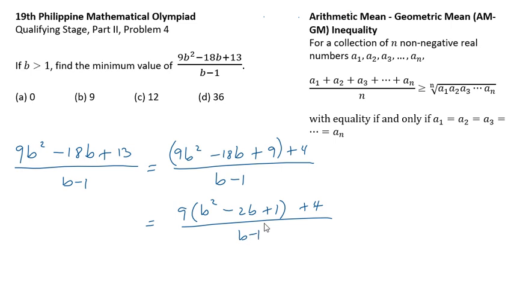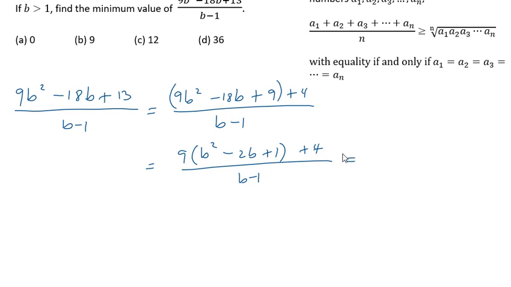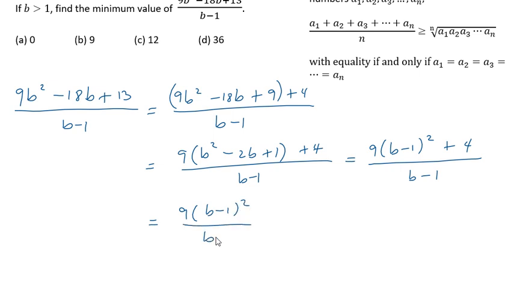Now I can write b squared minus 2b plus 1 as (b minus 1) squared. So we have 9 times (b minus 1) squared. Now if I split the expression into 9 times (b minus 1) squared over b minus 1, plus 4 over b minus 1, I can cancel b minus 1, so that we get 9 times (b minus 1) plus 4 over b minus 1. Okay, so this form is actually good,